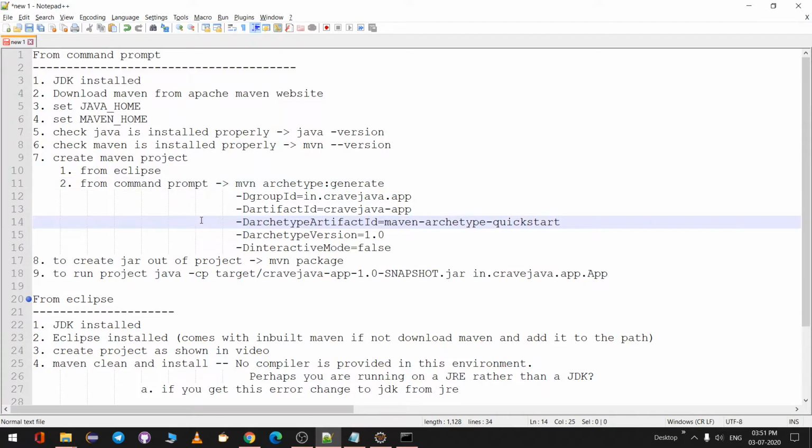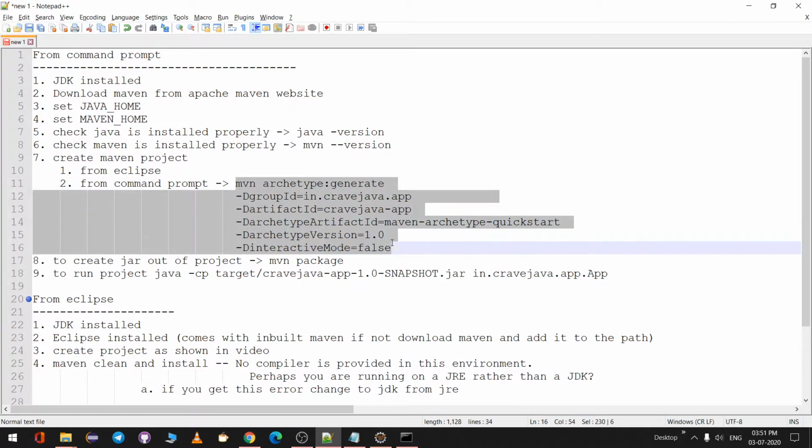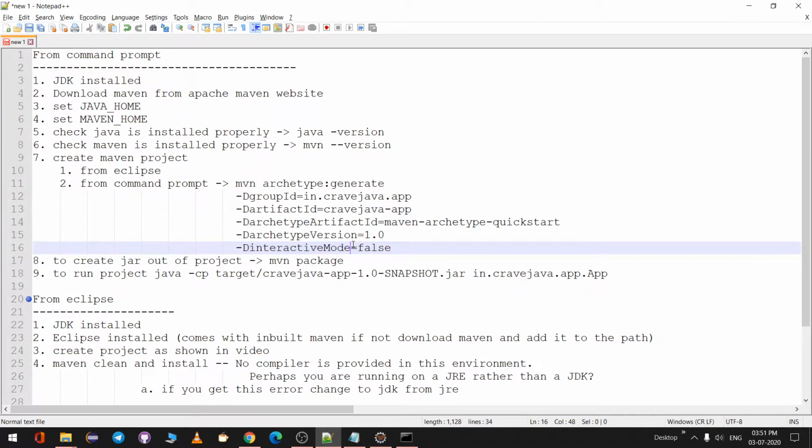To create a project from the command prompt, here is a command. So let us go ahead and I'll be explaining what these parameters are. So mvn is an internal command to run any Maven commands. So archetype:generate, which says generate a new project, and the second thing is group ID. Basically, group ID is the package. What is the main package you are going to create? And inside the project. And next is artifact ID. Basically, this is the project name.